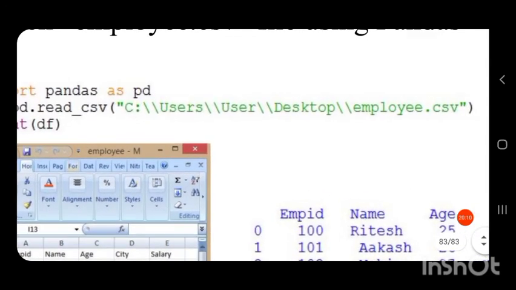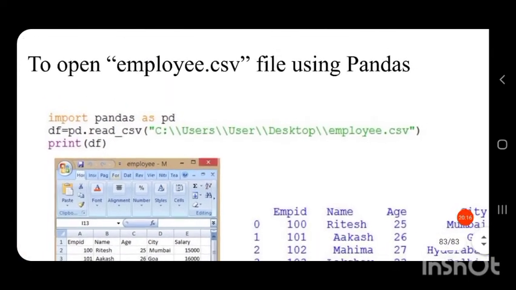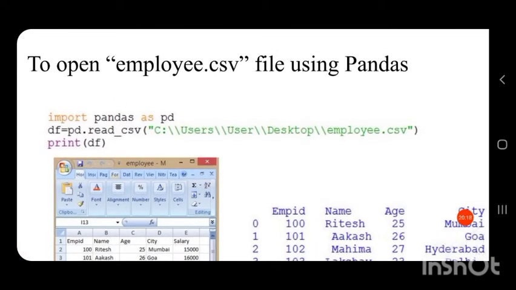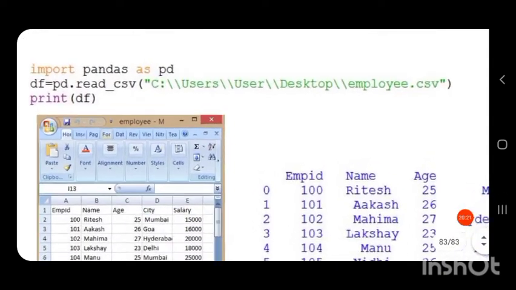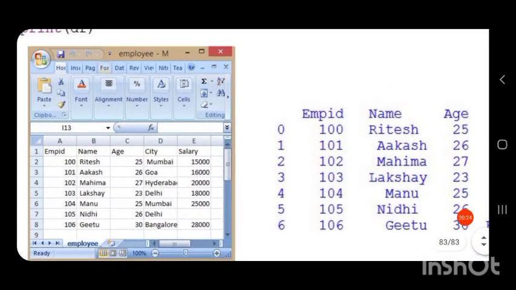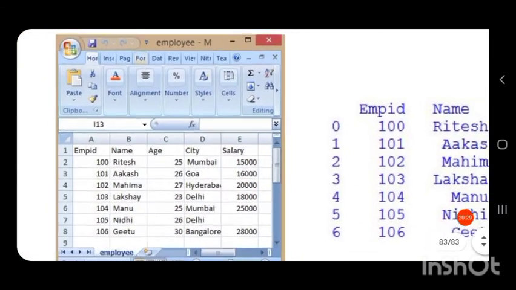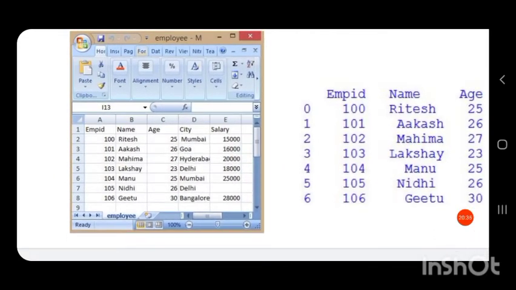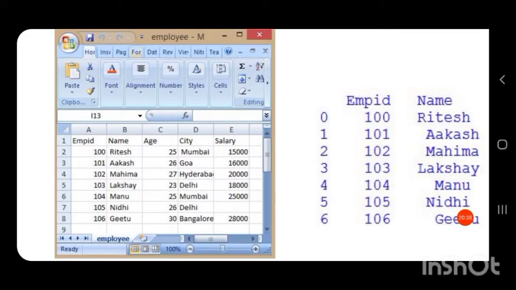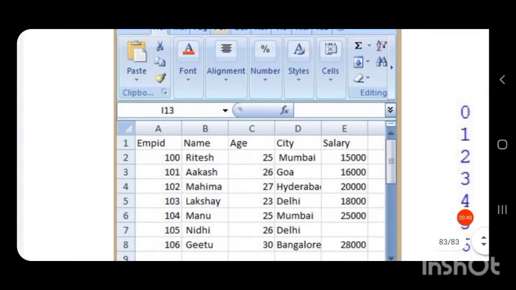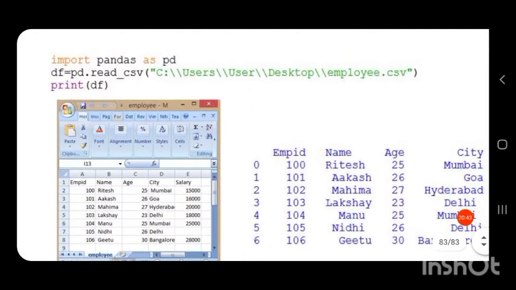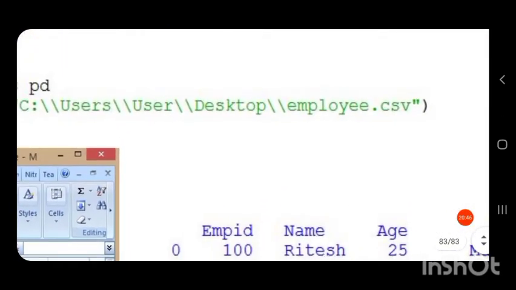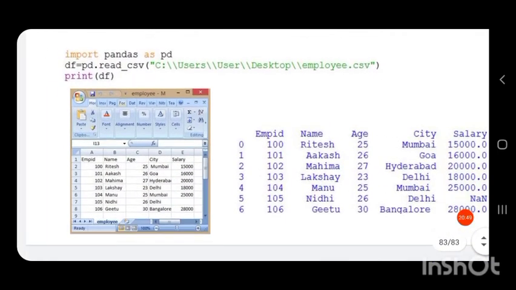We have to provide the path of the CSV file inside the read_csv function. This is the file that I have converted from an Excel sheet into a CSV file. This is the employee.csv file. Its path is this. It is located on the desktop.